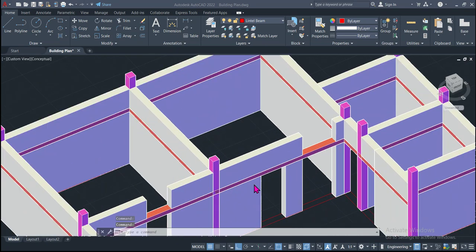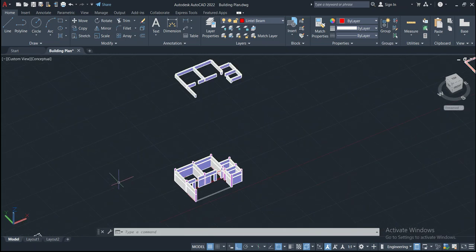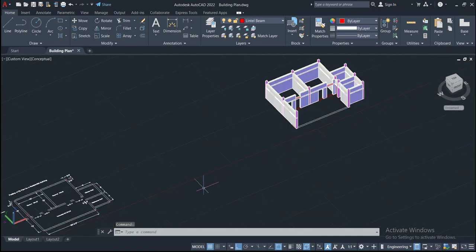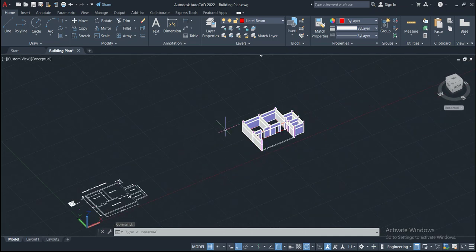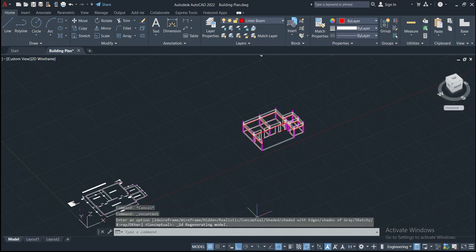So for the slab, we have to draw a plan from here to here in the 2D, and also for the floor. So we have to go to the 2D wireframe, and then we'll click on the top,